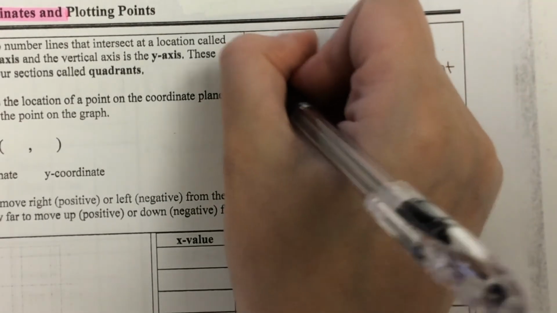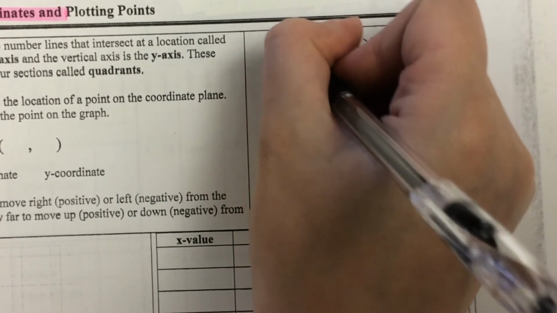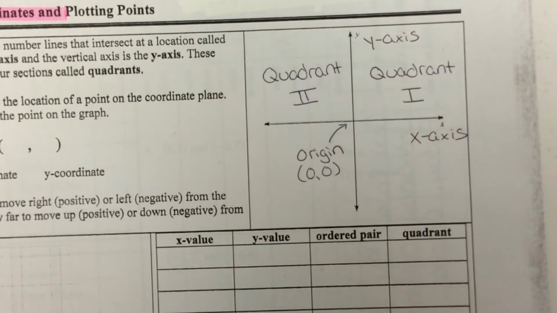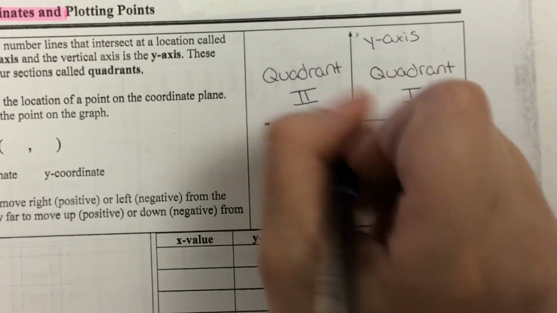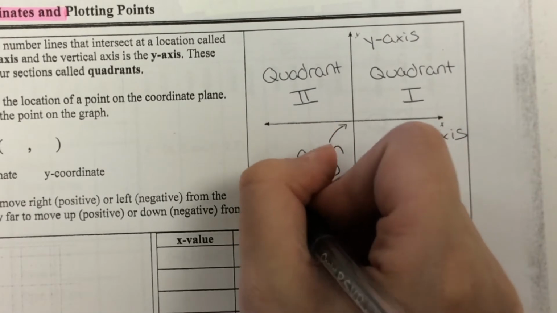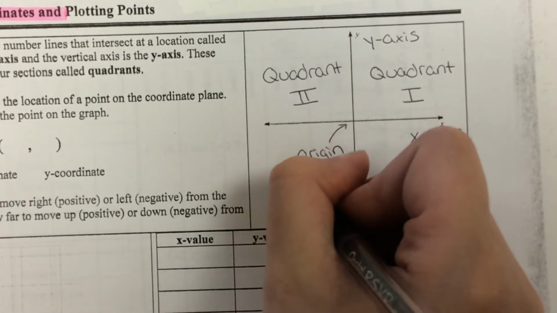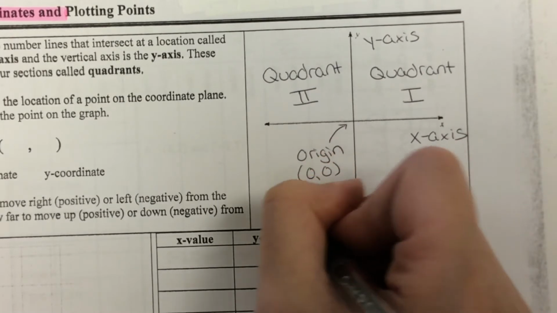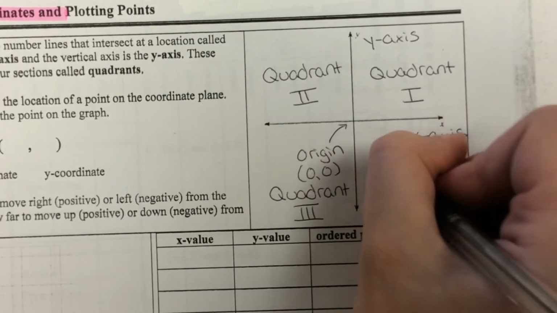So this is going to be quadrant 2. And they are written with Roman numerals, so you can't just write the number 1 and number 2 and number 3. Get used to using your Roman numerals. Quadrant 3 and